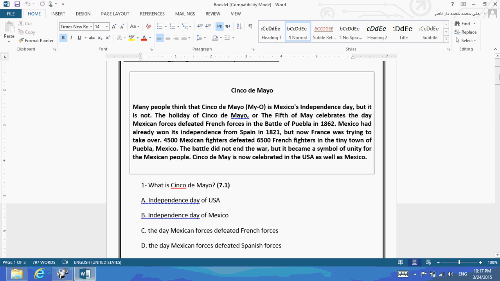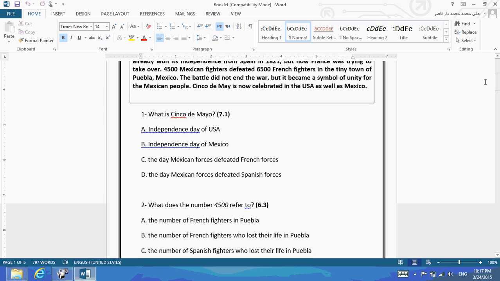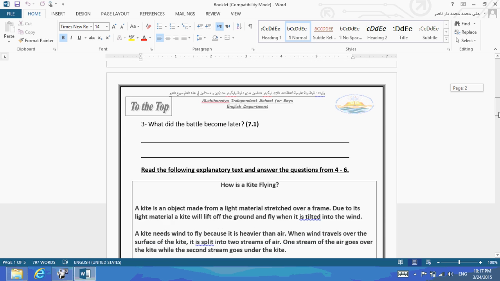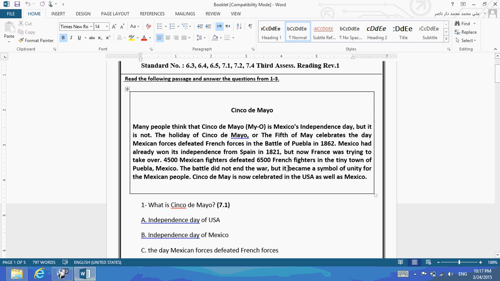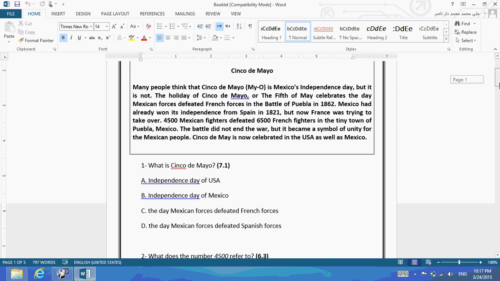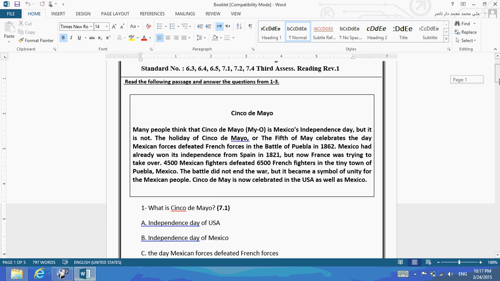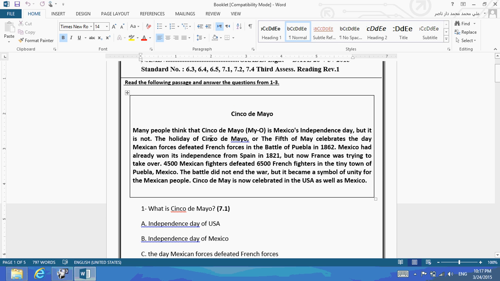Tips should be considered before starting answering reading questions. First, start with reading the questions. Then you get back to read the text. Then after that, once again, you read the questions to answer them. Let's consider this example.